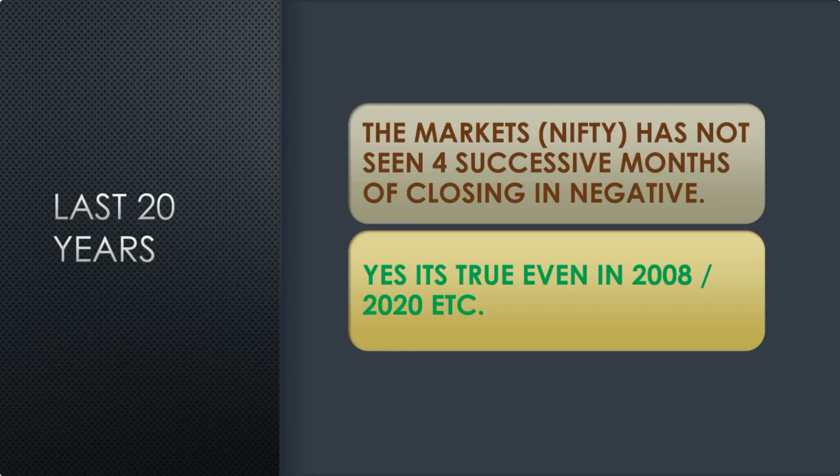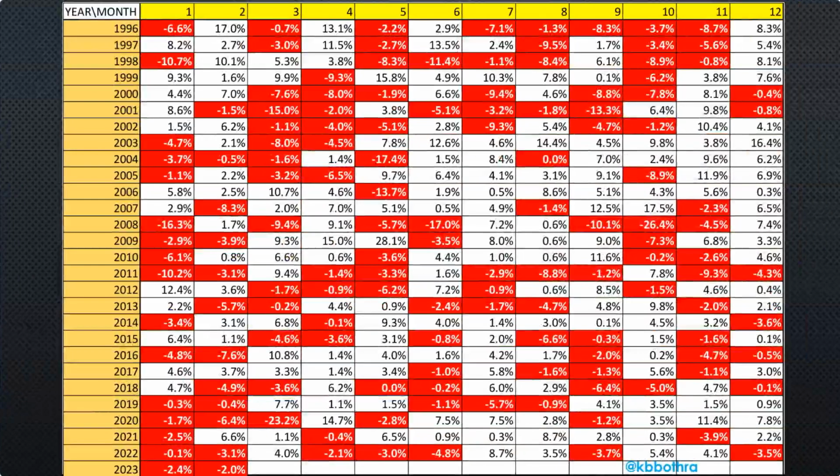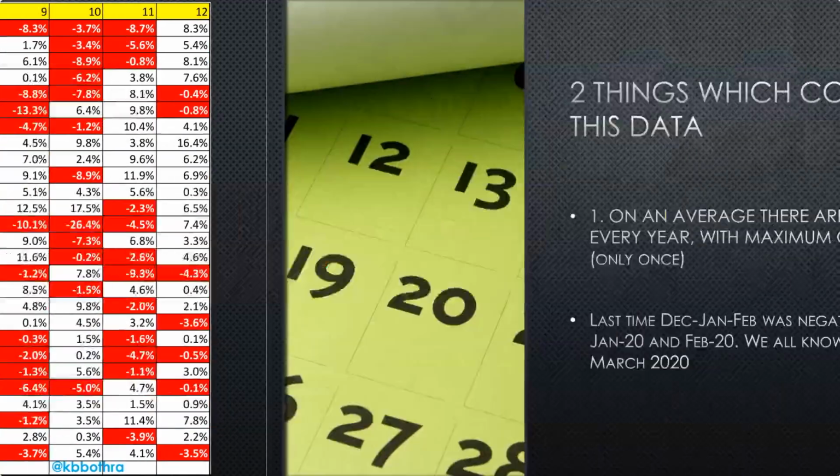Okay, so this forms the great point about the markets. We'll go deep into this point, and I've looked at the data panned out for the Nifty 50, and as you can see, from 2002 onwards till 2023 so far, where we are right now, we've not seen 4 consecutive months of price closing on the negative side for the Nifty 50. This brings us to one very important set of data points.